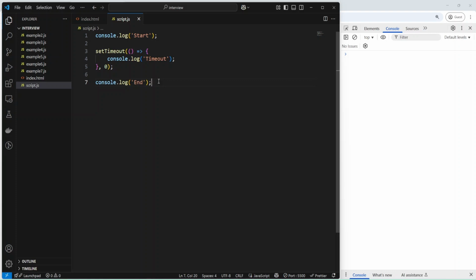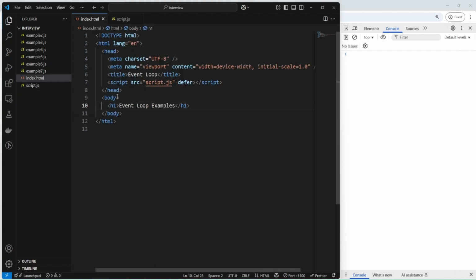Today I'll provide and explain several code examples related to the event loop in browser environments. Questions about the event loop are frequently asked in JavaScript interviews because it shows your understanding of core JavaScript concepts and of writing efficient non-blocking code. So I have an example and let me explain my code.